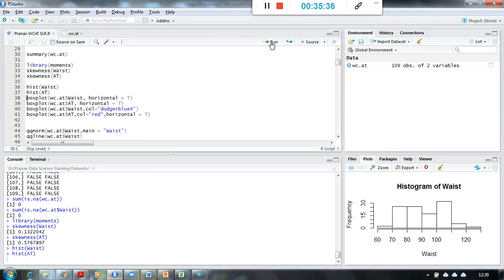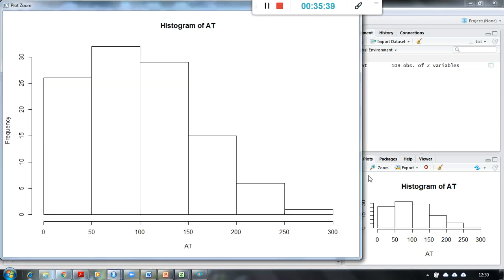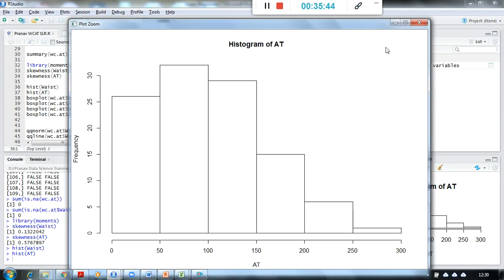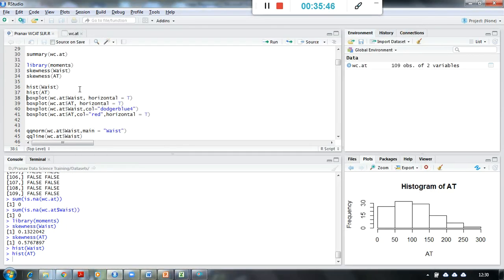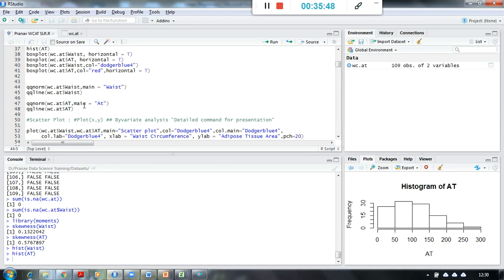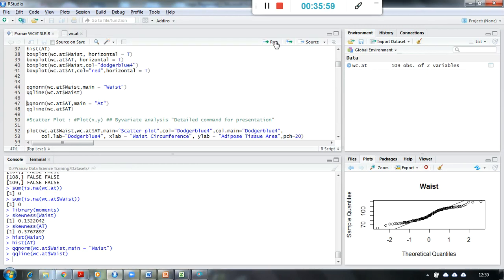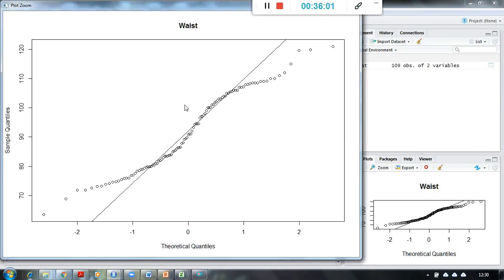And even for AT, you see over here, again the tail is longer towards the right side, but still it is okay, it is close to normal. We can confirm that by using our QQ plot as well. So I'm checking qqnorm by giving the west column to it first, and I'm plotting the QQ line as well. You can see that, as we know, 50% of the data lies between Q1 and Q3, and this line passes through Q1 and Q3.